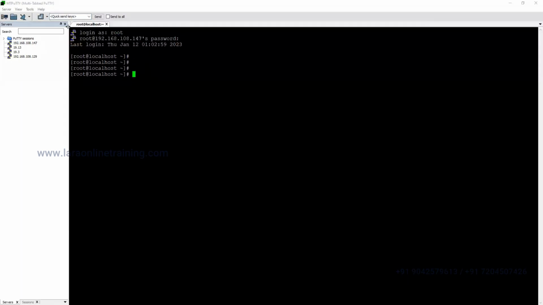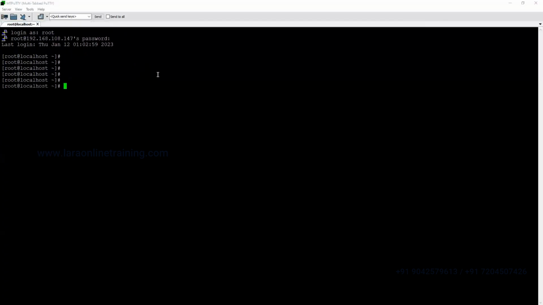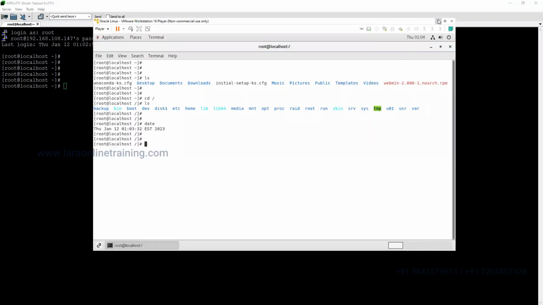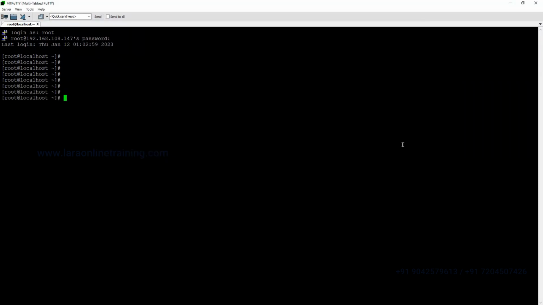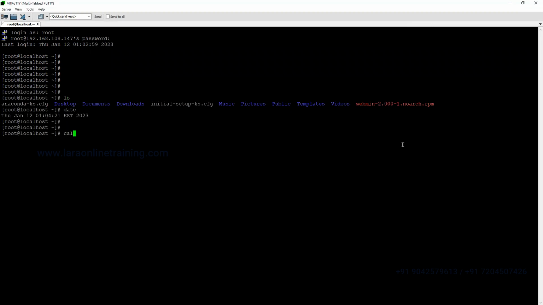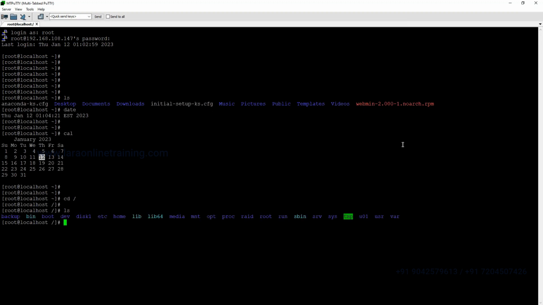Right now I'm in my Linux system remotely through PuTTY access. My server may be in some data center, maybe in the US or UK, but I'm right now maybe in India. I'm logging in to my server and I can work. I do all the activities here. This is command mode. Everything you do is in command mode only, because with commands we get a lot of control and a lot of automation.